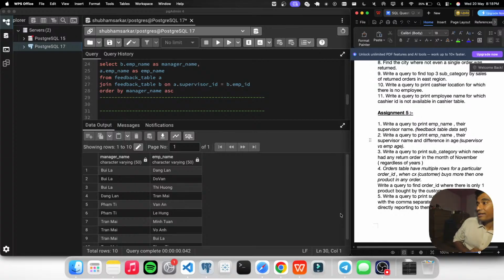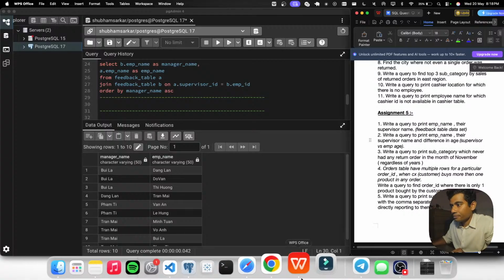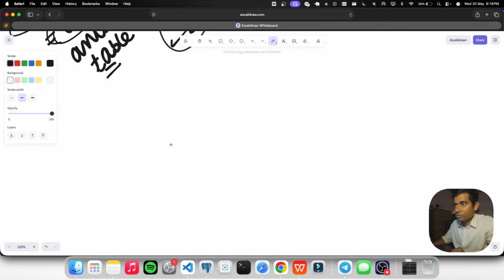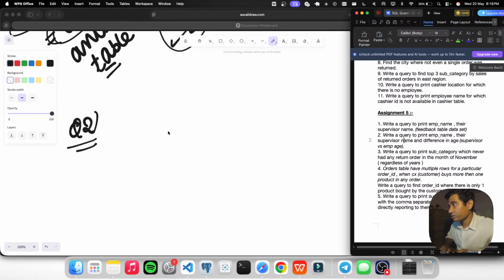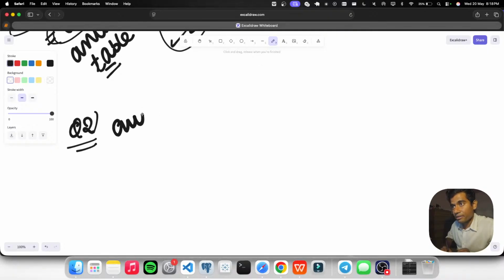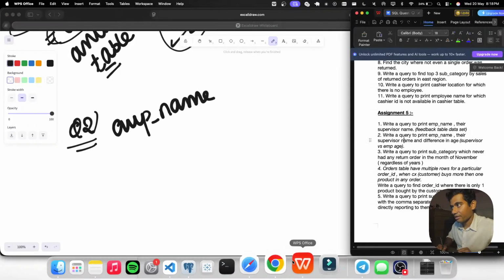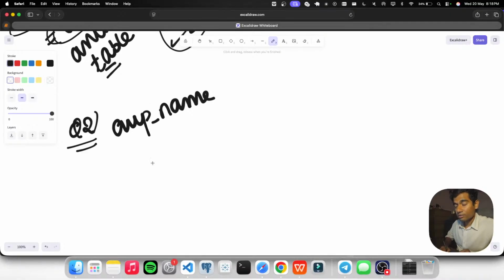तो इसमें क्या पूछा है, राइट, अ क्वेरी टू प्रिंट एम्प्लॉय नेम, देयर सुपरवाइजर नेम एंड डिफरेंस इन एज। अब इसको हम लोग यहाँ कवर अप करते हैं। क्वेश्चन नंबर 2 ऑफ असाइनमेंट नंबर 5, क्या पूछा गया, एम्प्लॉय नेम, राइट। एम्प्लॉय नेम हमें फाइंड आउट करना है, ठीक है। देन उनका सुपरवाइजर नेम,